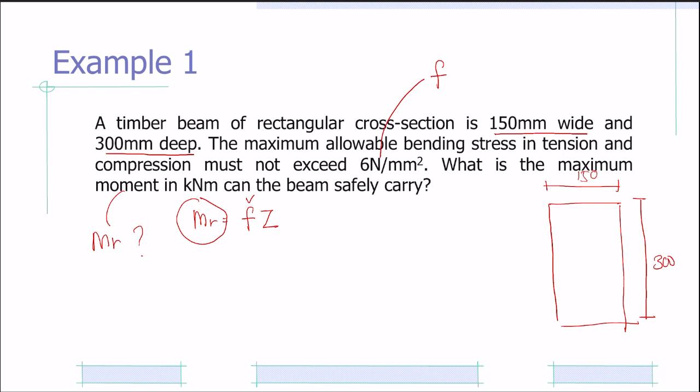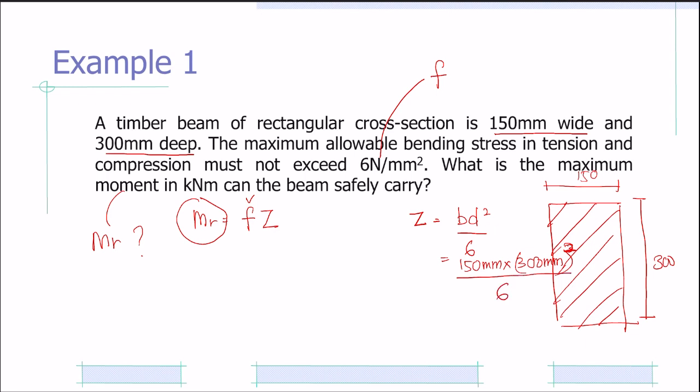However, for Z here, we need to find the Z, referring to the section modulus. So Z is, since ini adalah solid rectangle, therefore BD square divide with 6. So B here is 150 mm times D, which is 300 mm square, divide with 6. You will get 2,250,000 millimeter cube. Okay, so you can stick with this units, or you boleh tukar kepada meter cube, ataupun kita boleh juga